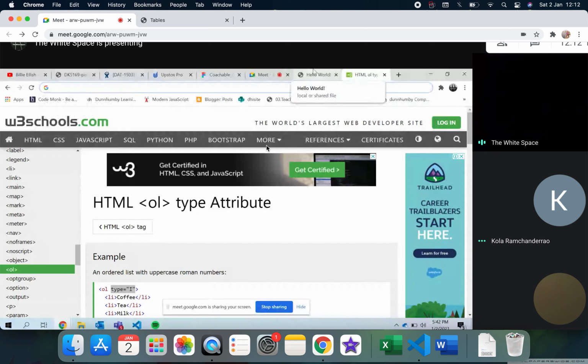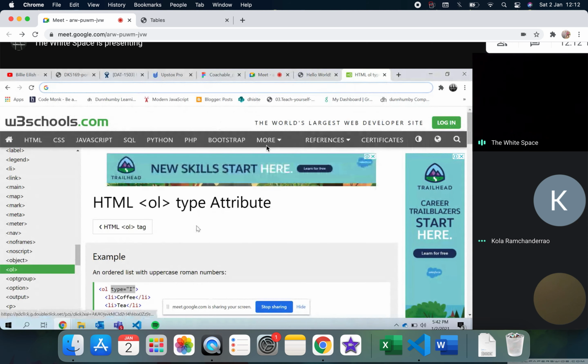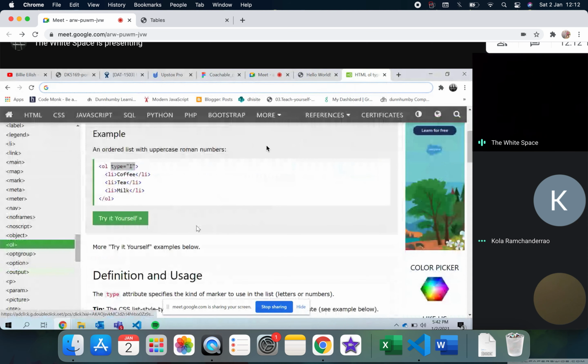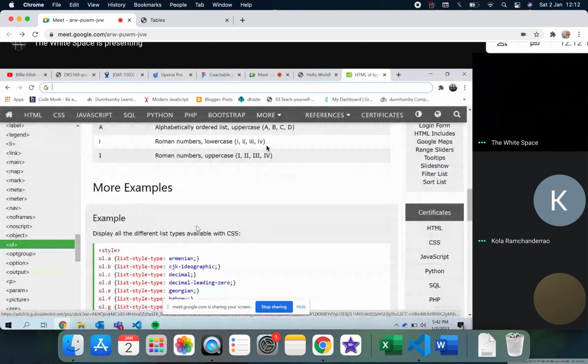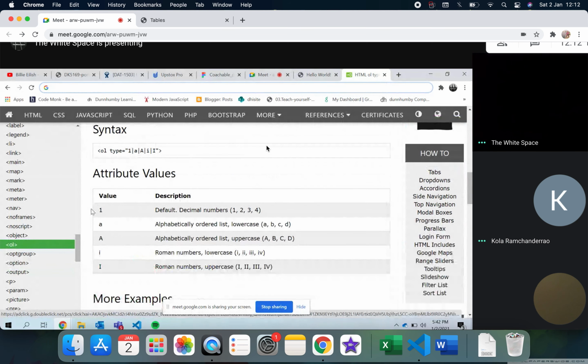Yes, that comes probably when we try to build something like these navigation bars, or we try to show the database data like that. If you give type as 1, which I guess is the default value,